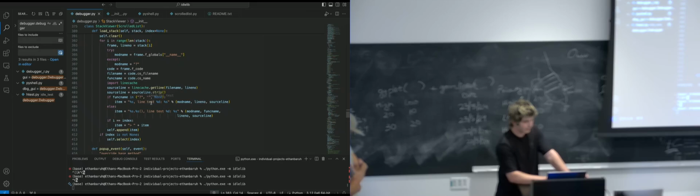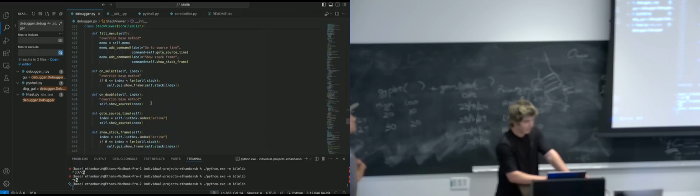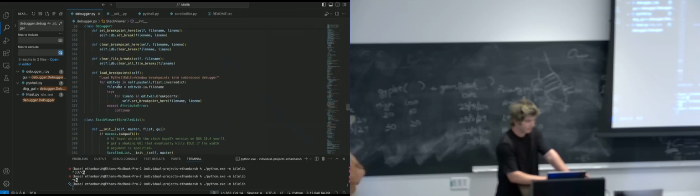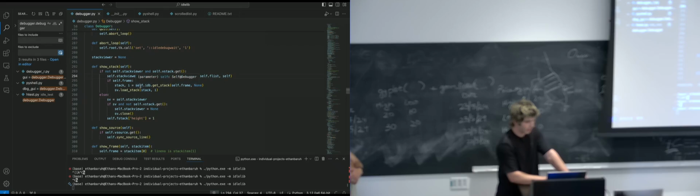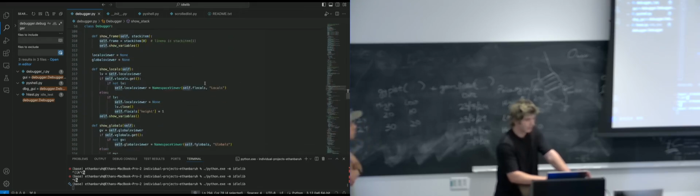And then back over to the debugger, just from how it works, it starts by loading the stack, and that's where I made those experimental changes. And then when you actually move to select a stack trace, it calls the show frame. And at first I wasn't sure what the GUI variable was. I assumed it was the debugger, but to actually confirm where that was coming from, I went to references for the stack viewer class and saw that it created the stack viewer in the debugger class, and the GUI was initialized itself. So then in the debugger class, I looked